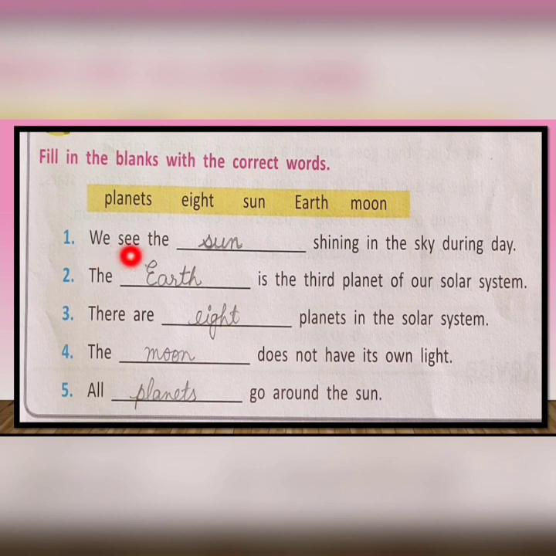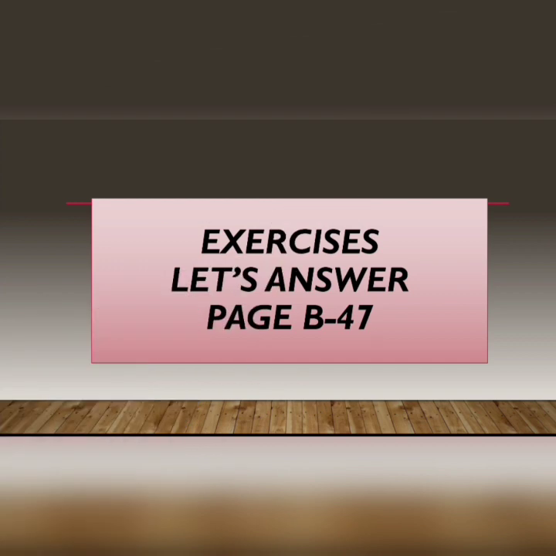First one, we see the sun shining in the sky during day. Number 2, the Earth is the third planet of our solar system. Number 3, there are 8 planets in the solar system. Number 4, the moon does not have its own light. Number 5, all planets go around the sun. Next, moving to the exercise part of this chapter, given in page number